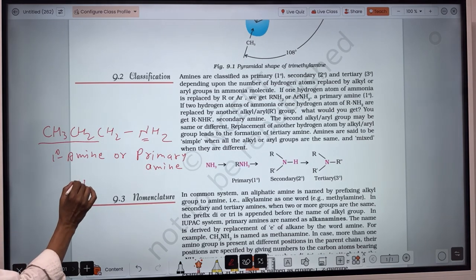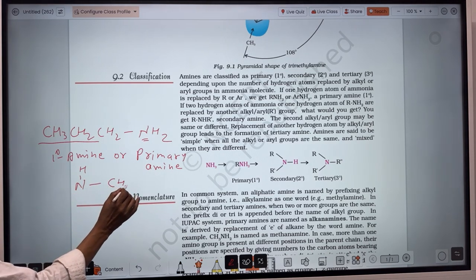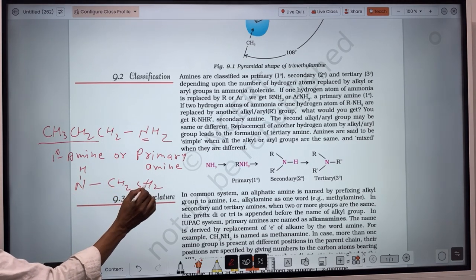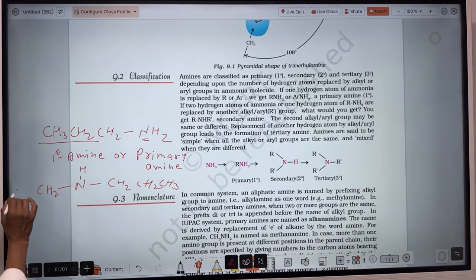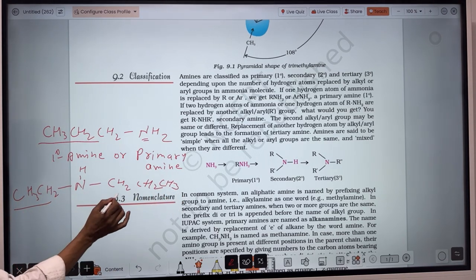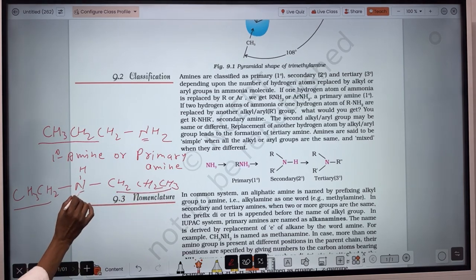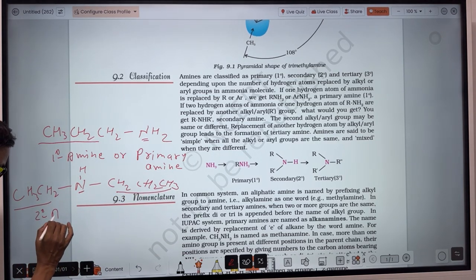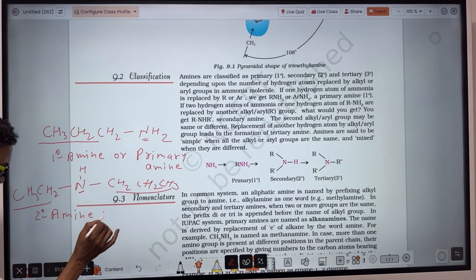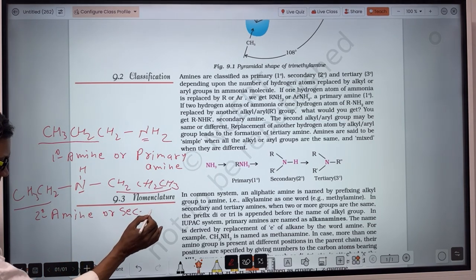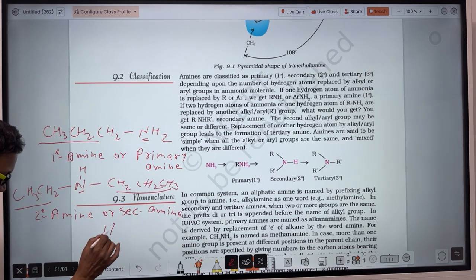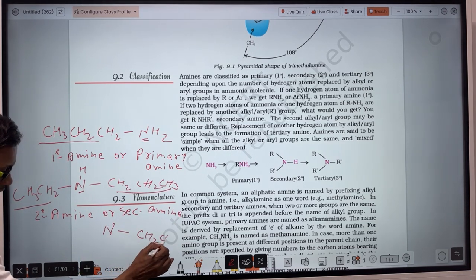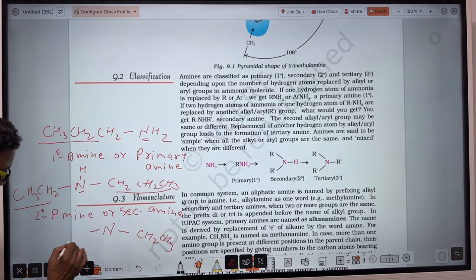Here, if two hydrocarbons are bonded to nitrogen, like this one and this one, so two hydrocarbons bonded to one nitrogen will be called 2-degree amine or secondary amine. In the same way, here is nitrogen and if 3 alkyl groups are bonded there,